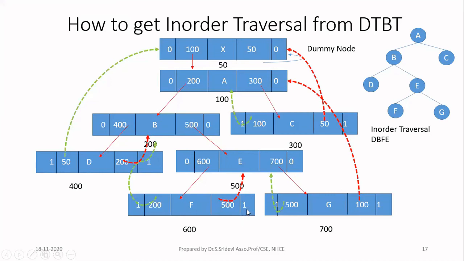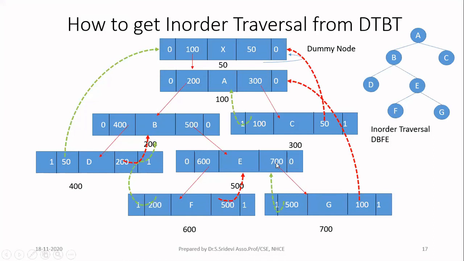If it is 1, you will print the in-order successor immediately. If it is 0, you have to make the travel again. You have to find out a leaf node, then you will be printing. Okay. So now I have printed the in-order successor E immediately. After printing E, I am checking the last field. It is 0. When it is 0, it means that it is not the address of the in-order successor.